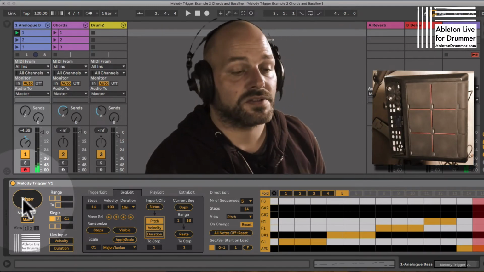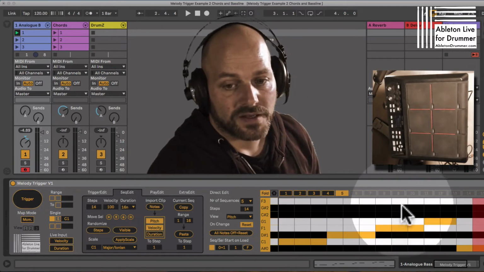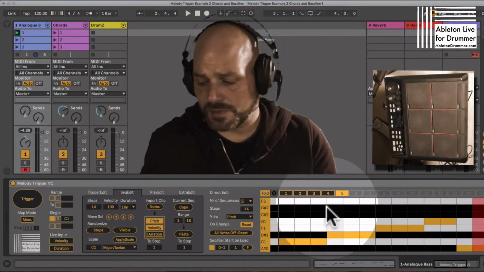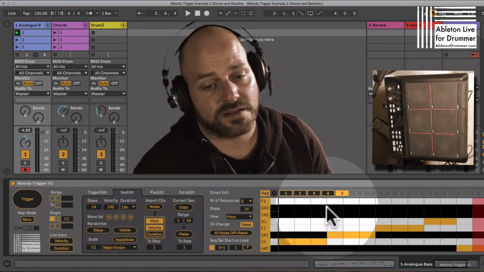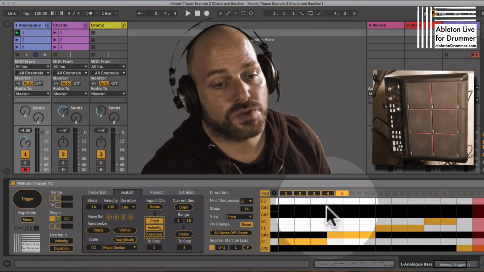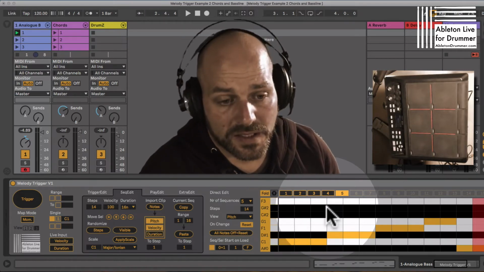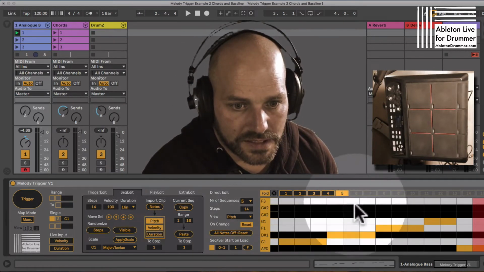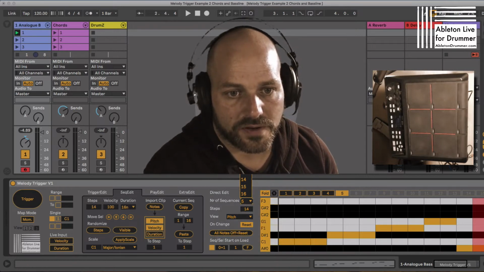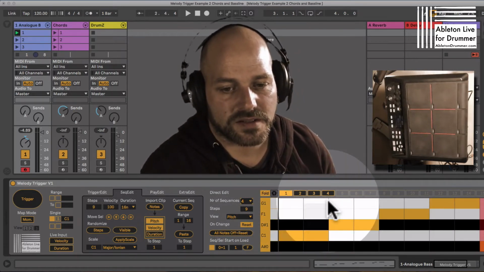Yeah, I just triggered those via this trigger button here. So you get the picture. If you have stuff in MIDI clips already, it's really quick and easy to import those into the melody trigger device. Nice one. So we want to get rid of the 5th sequence here and just shrink it down again